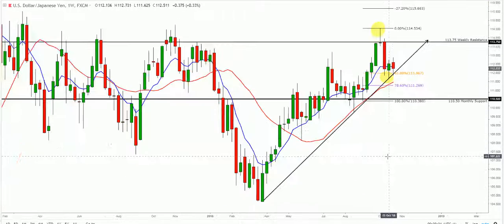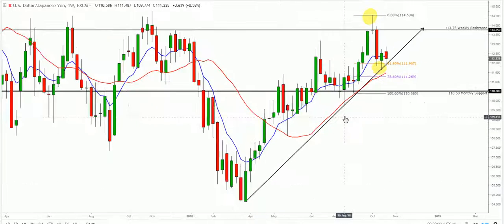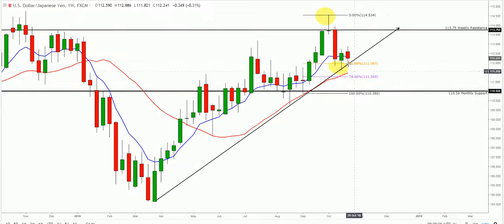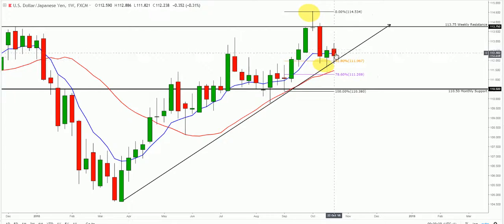Now onto USD JPY, and if you remember, we've had this uptrend. This is on the weekly time frame, and price has moved bearish this week back to test the uptrend in line with my analysis. However, we have pulled back up from this region. We have to remember that we are in an overall uptrend, and last week did close bullish after testing the uptrend, and this was a higher low,